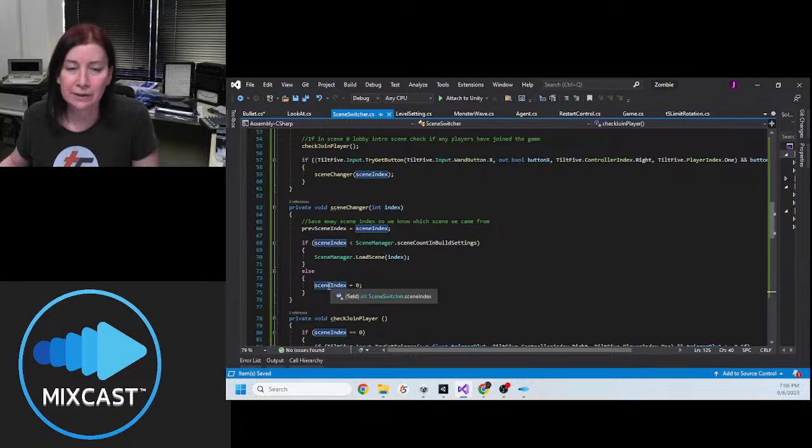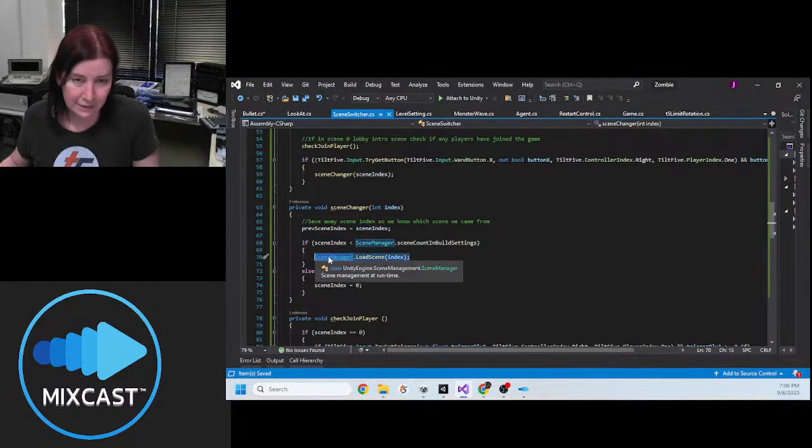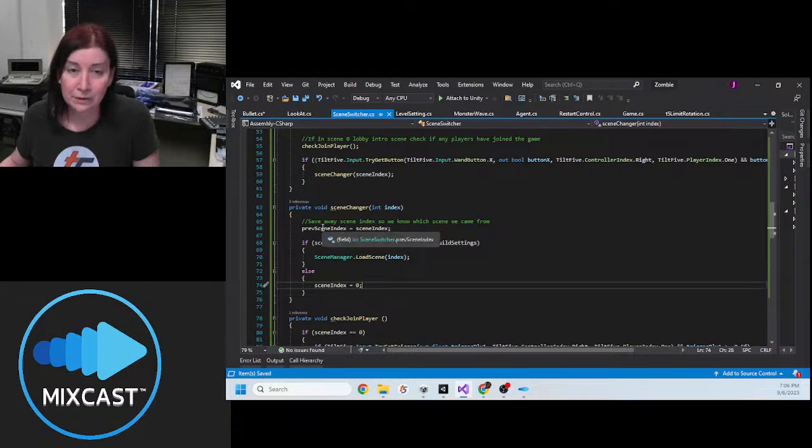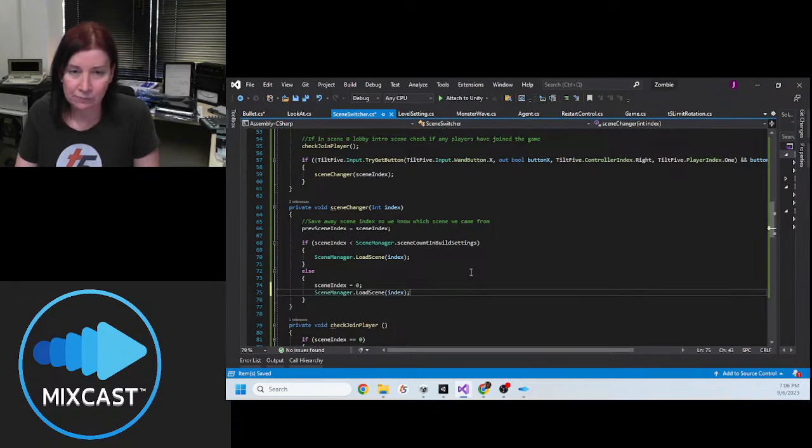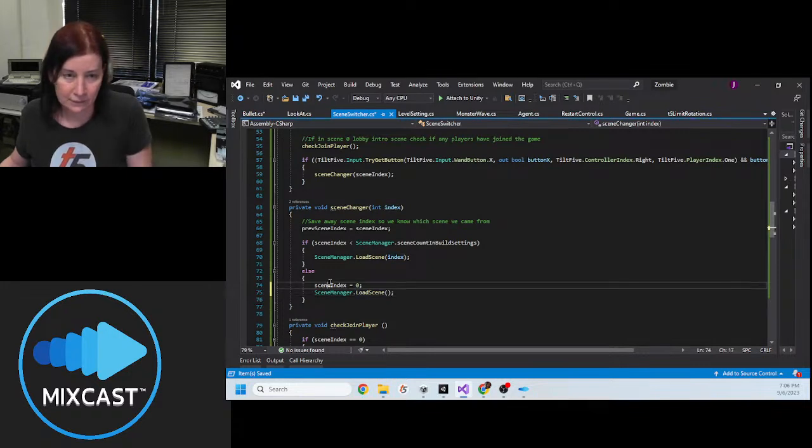Why am I trying to clear scene index? Why don't I just leave the scene? So I can remember the previous scene, which is fine. And then I can reset scene index to 0 and go there. For some reason that feels dirty, but